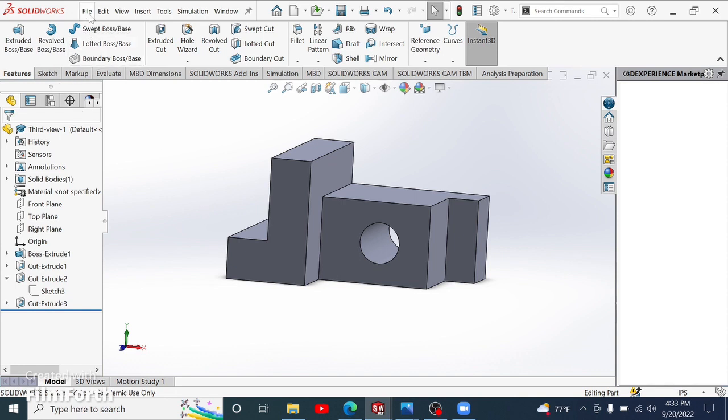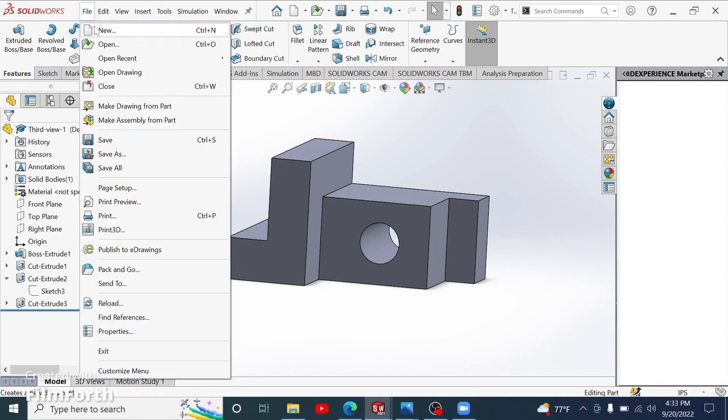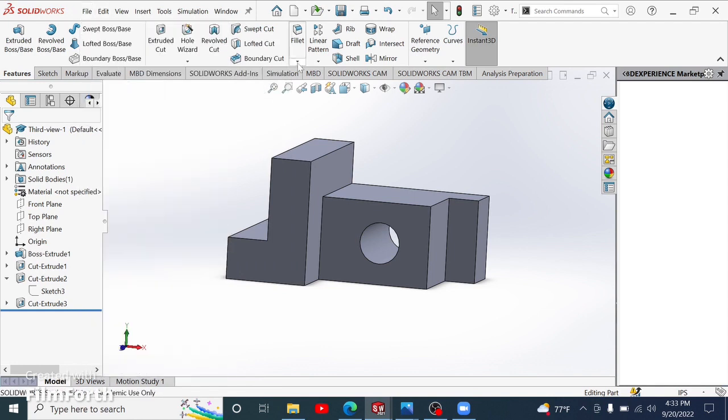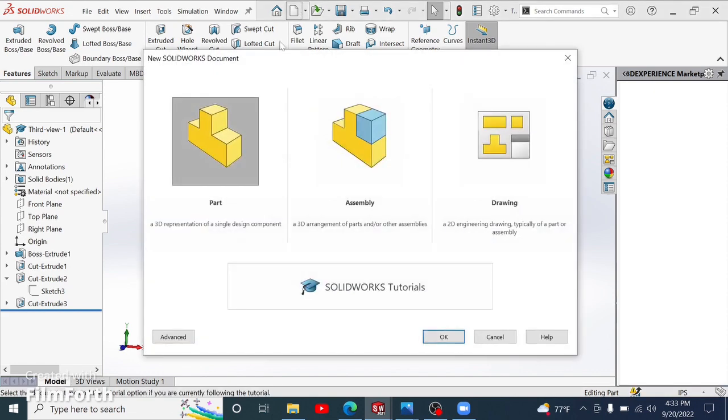So what I'm gonna do is go over here, File, New, or another way, this little blank paper right here. Click onto that, it'll be New, vice versa. Either way, either File, New, or this little blank icon, whatever is easy for you to access. Click on the part, okay,